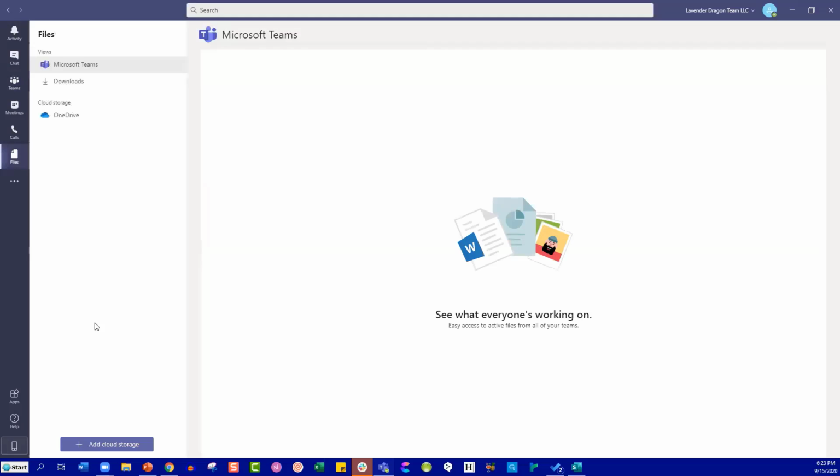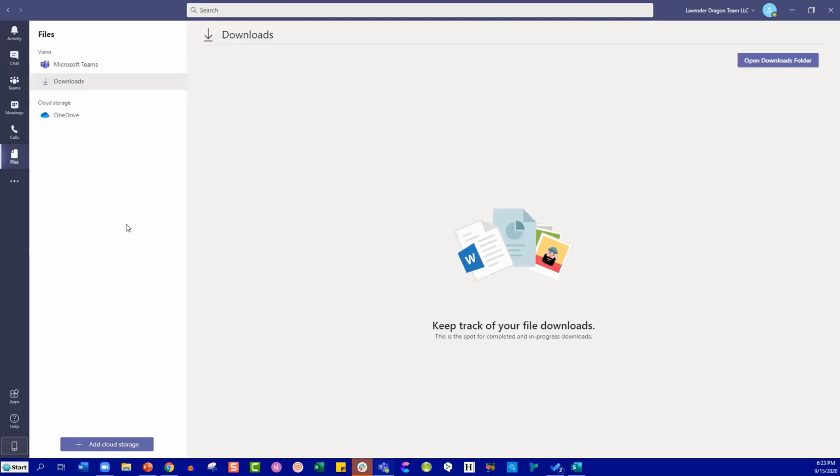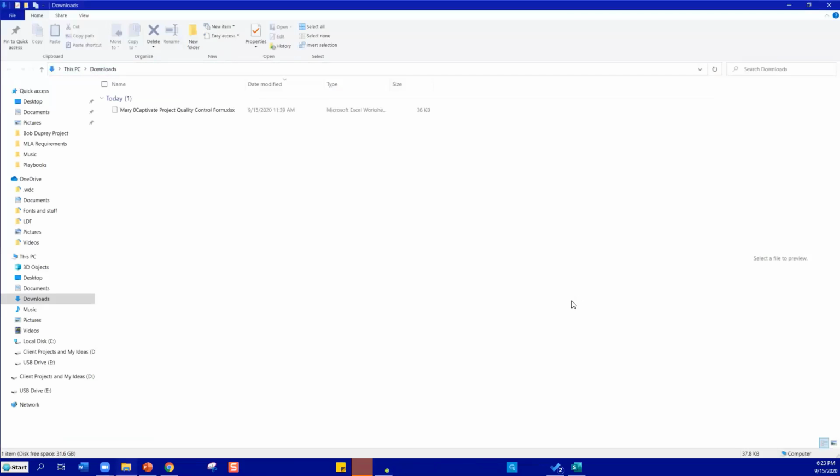Coming over here to files, if you've got your OneDrive turned on, you can see what everyone is working on. If you don't have it turned on, you can click Add Cloud Storage. You can also manage any downloads. So right now we are not doing a lot in here for sharing information because the project has just gotten started. However, this is the download from the other group that I showed you. So I can go to my downloads and I can see that this is where I can go get that quality control form they want me to fill out.